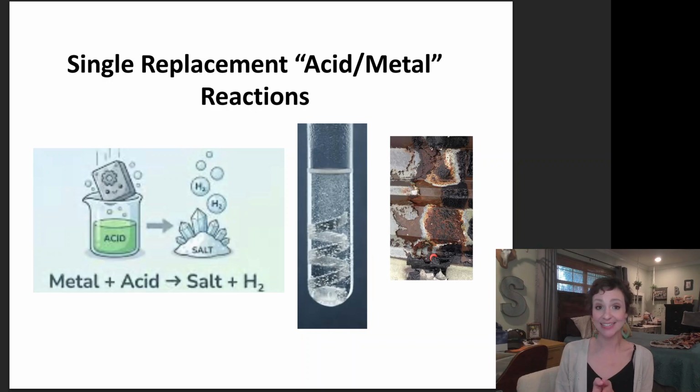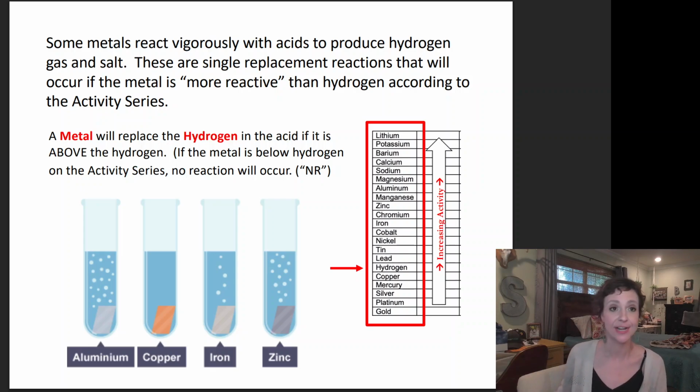Single replacement acid-metal reactions. Let's see what happens to acids when they react with metals. Some metals react vigorously with acids to produce hydrogen gas and a salt. Keep in mind, a salt is any general ionic compound that is not an acid or a base, okay? These are single replacement reactions that will occur if the metal is more reactive than the hydrogen according to the activity series, okay? A metal will replace the hydrogen in the acid if it is above the hydrogen,